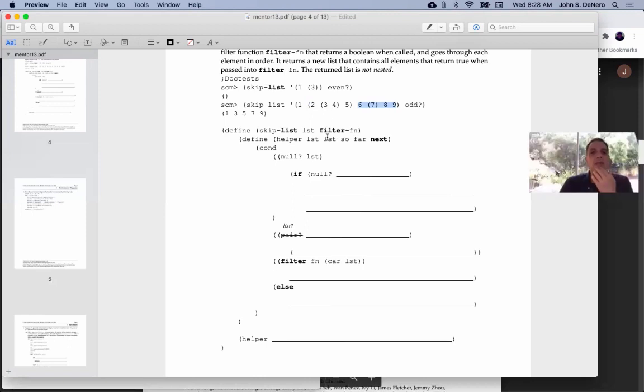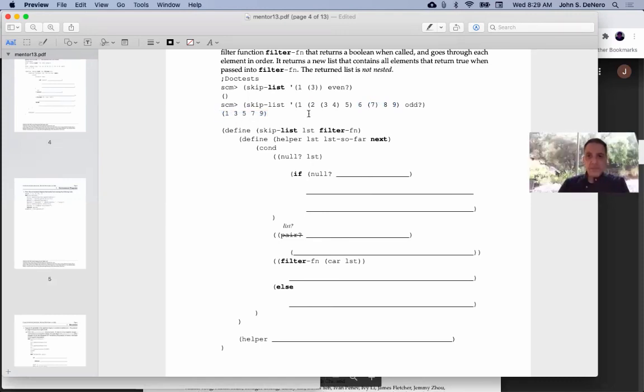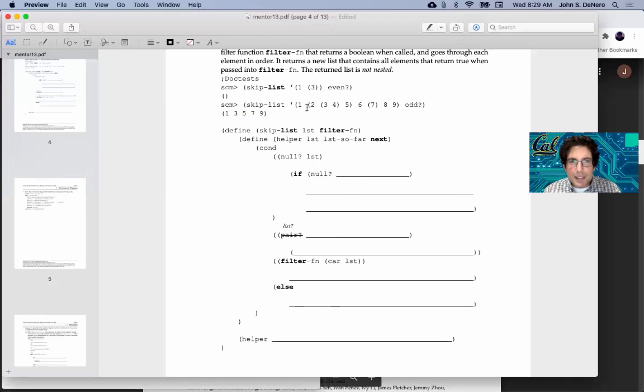I see. So list so far in that example would be 1. List would be the list 2, 3, 4, 5, and next would be 6 to 9. I wasn't so sure what list so far is yet. We don't want to build this backwards. Oh, this is a fun one, meaning it's pretty challenging. So what are they doing with all these names? It remains to be seen whether I would have written it this way, but